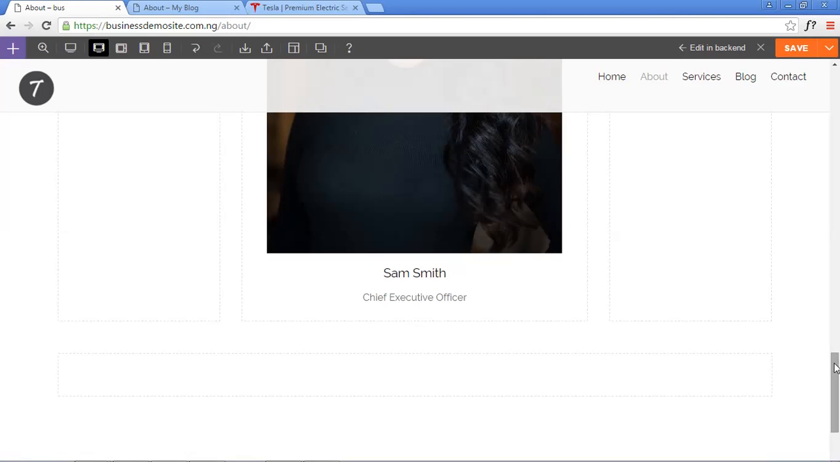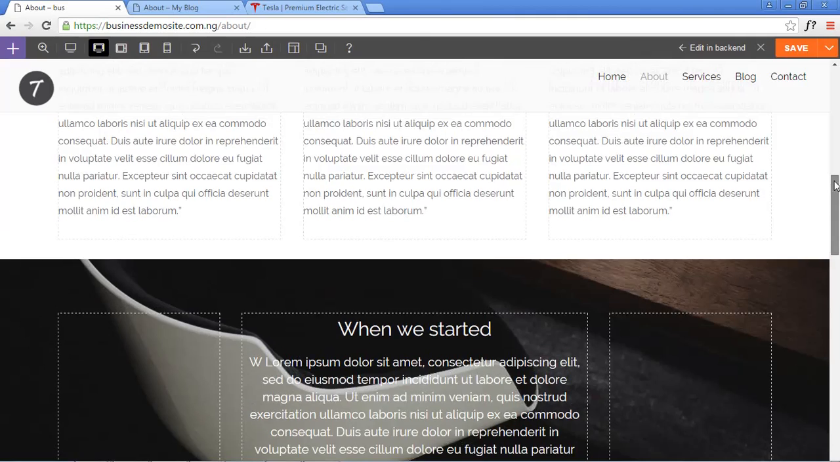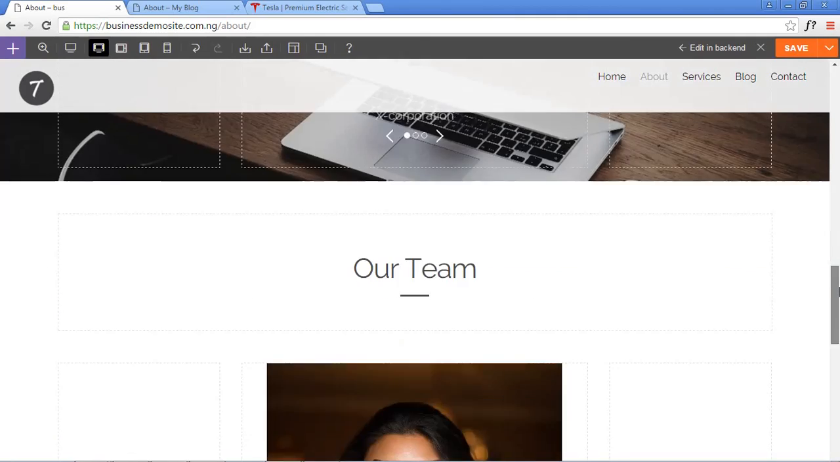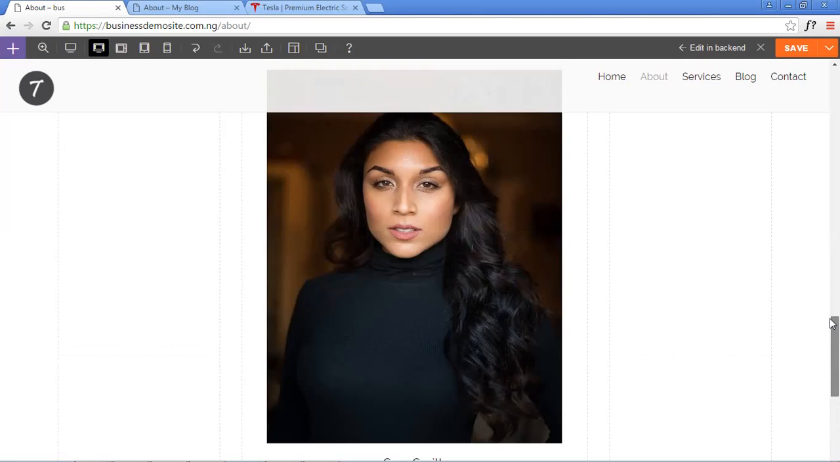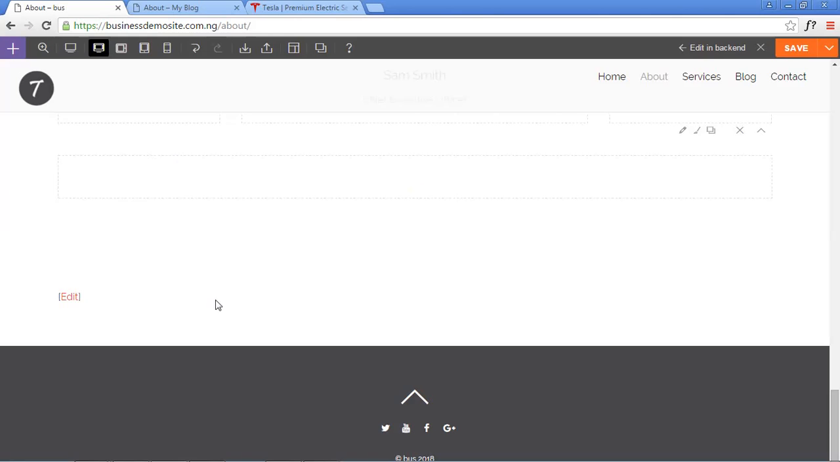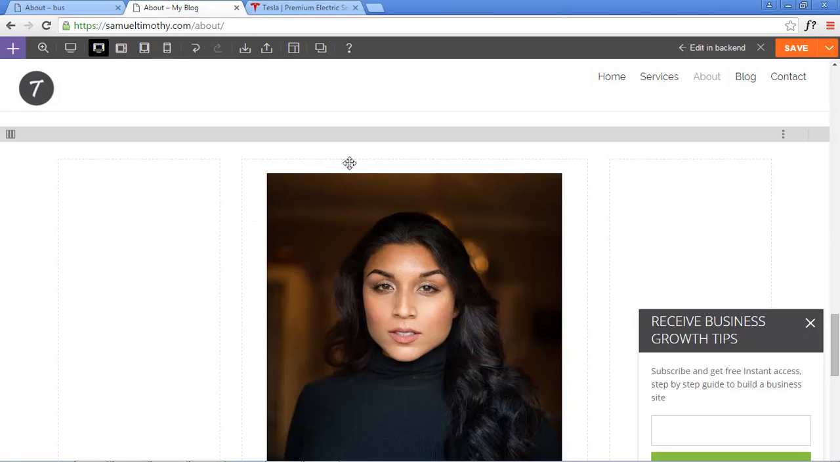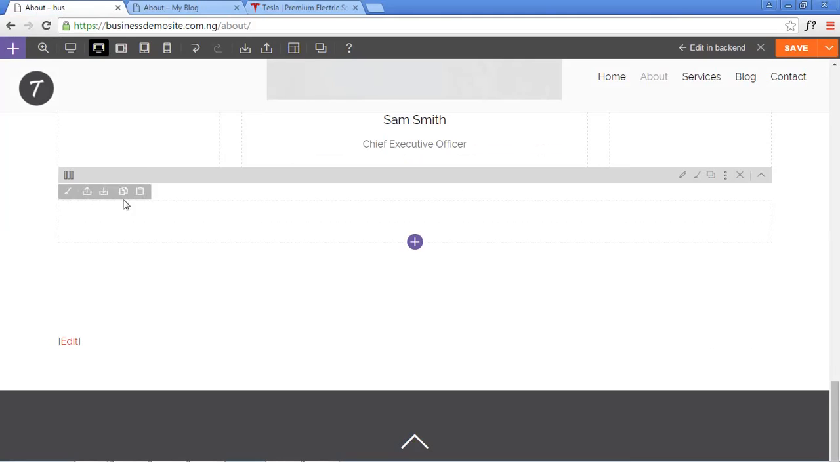Another quick tip is anytime you are designing any web page for your business or something, always try as much as possible to leave an offer below, so anytime some user gets to scroll down, there's always something engaging also below. And to creating our own engaging part, that's this here, that's this contact us today and receive a free design brief. To do that, all we have to do is go back to our row options,